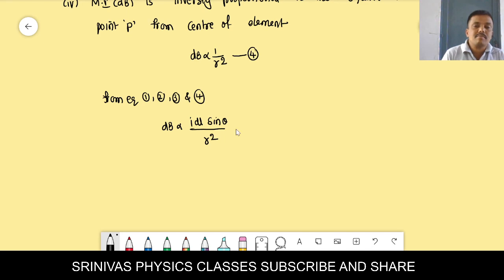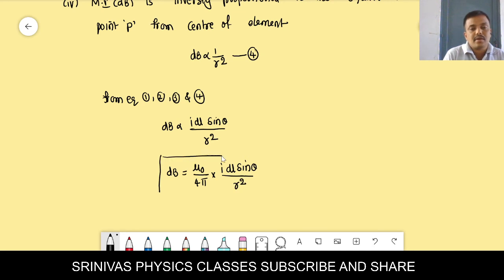Okay, when the proportionality is removed, if you remember this one, you can get every point, right? You should remember the proportionality constant. When the proportionality is removed, we get a constant, that is mu naught by 4 pi, into I dl sin theta by r square. You should remember this formula. This is the formula according to the Biot-Savart law. Biot-Savart, a very important formula. This is very important for the 3 marks. Very simple it is. Just remember this formula.